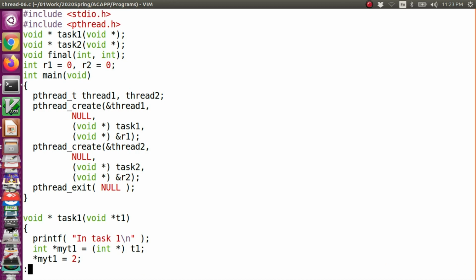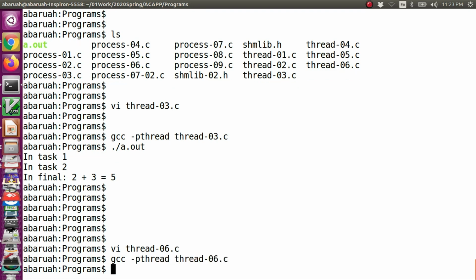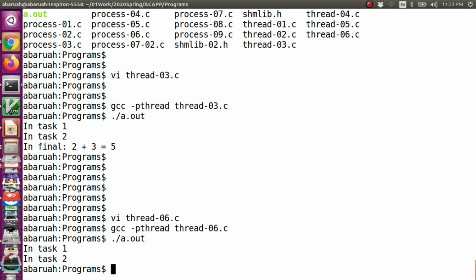And now let us run this program. First I compile, and now when I run the program, I can see that both the threads, thread 1 and thread 2, they executed their corresponding subroutines.